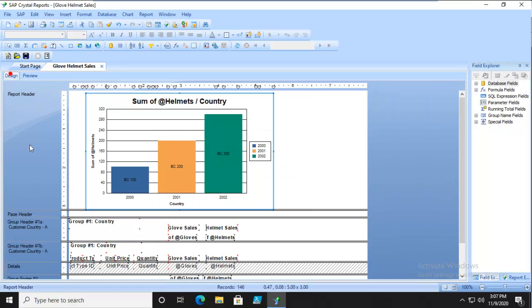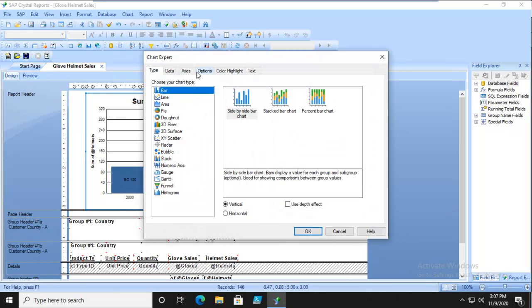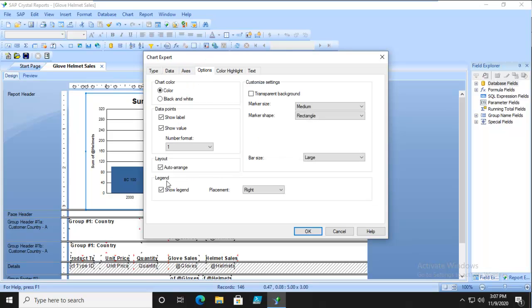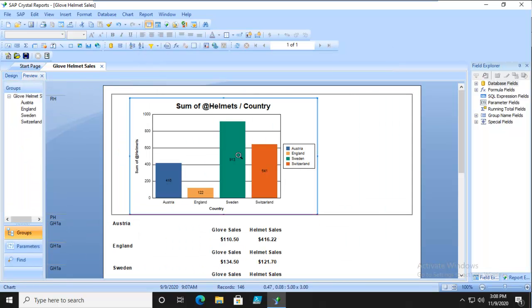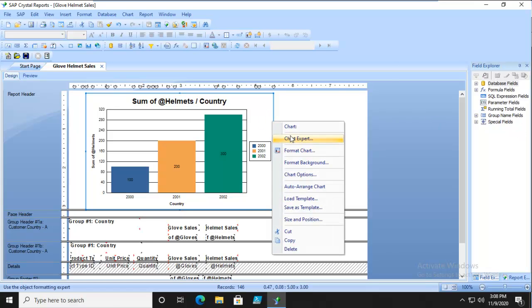Let's go back out. Let's change that again. Back to our data and our options, where we don't want to see the label, we just want to see the value. And preview, and we just see the value. Now we can change a lot of different options here. So back at the Chart Expert,